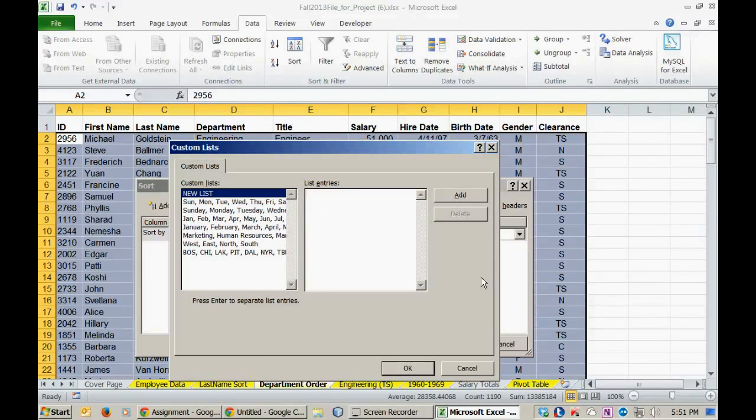And so what I'm going to do is put them in as it was asked for in the question. So the first people that I want to show up are marketing, and then I want human resources, and I have to make sure I